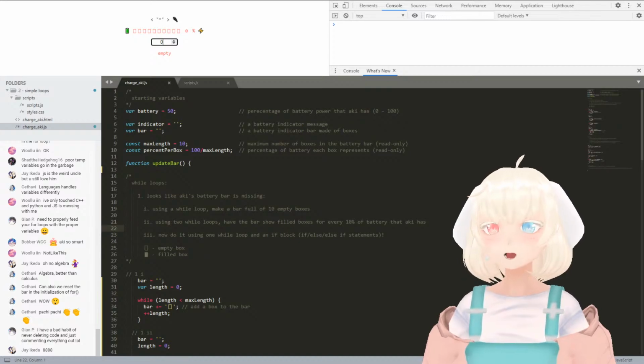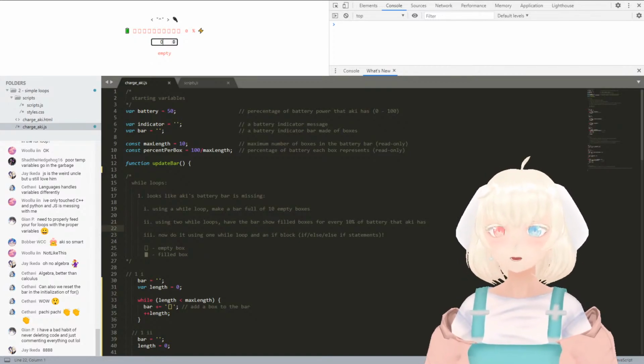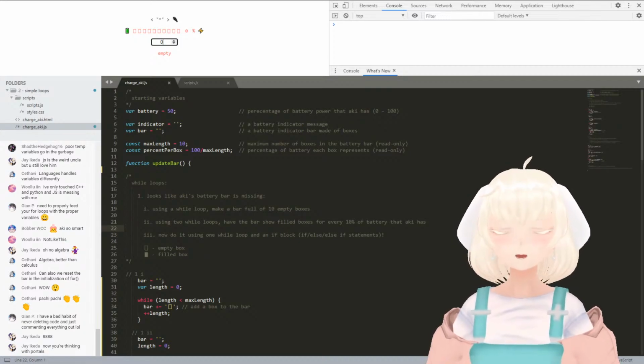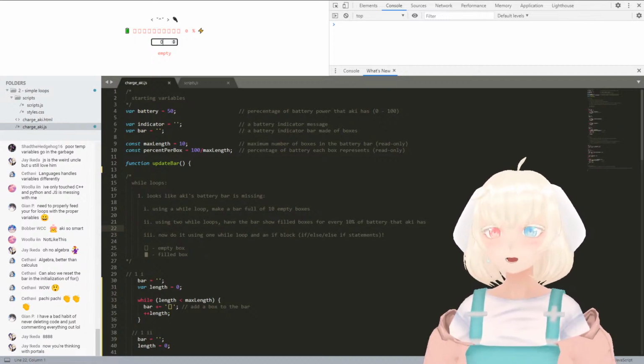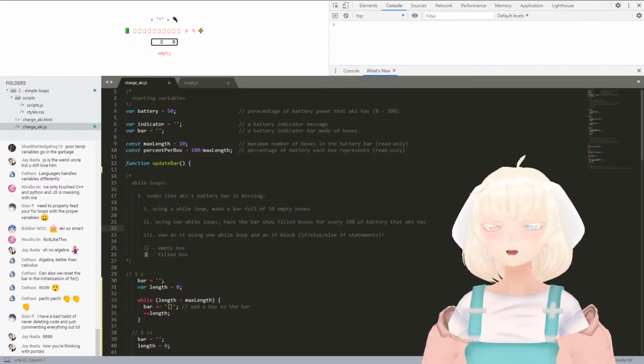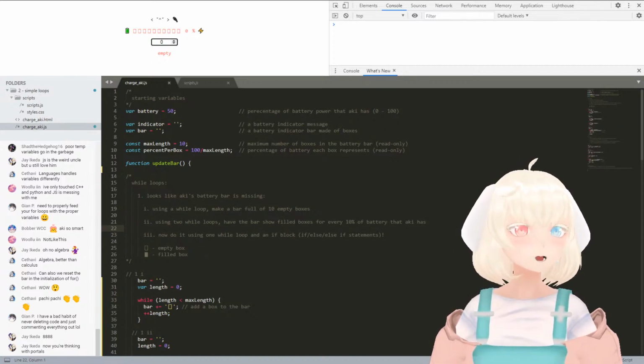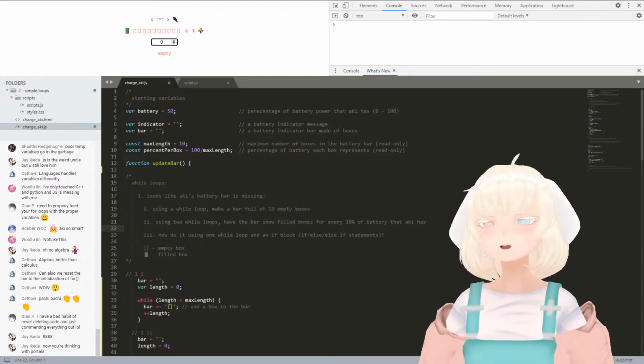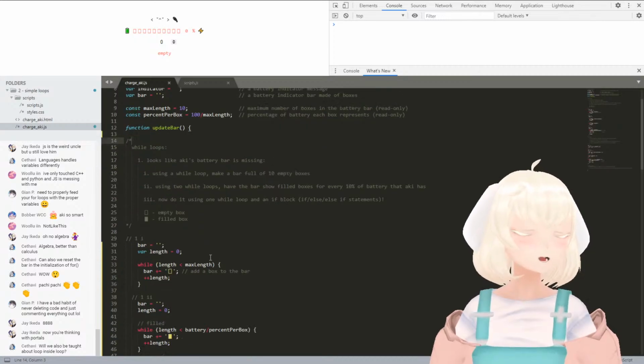Just break it down. Some people find it helps to have a visual diagram of what the loop is. Write out what happens when i equals 1 or i equals 2, and write out all the variables and what their values are while you're doing the run. Another way you could do it is to use console.log